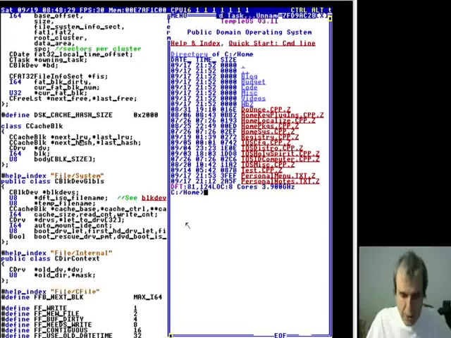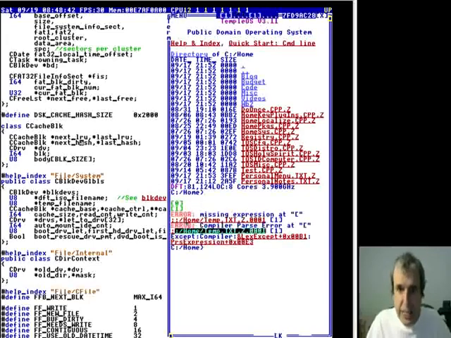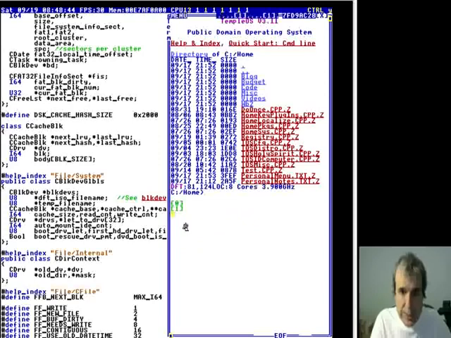So how could I draw this data structure? There's an array of cache blocks, 0, 1. Anyway, it keeps a list of least recently used, and when a block gets used, it gets bumped to the head of the queue. So the least recently used is the one that gets overwritten,